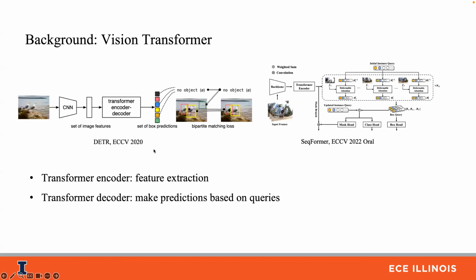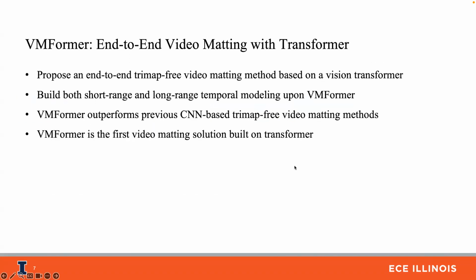For example, they proposed DETR for object detection, which uses a CNN and a transformer encoder to extract image features, and uses queries to make predictions of bounding boxes. And some works like SeqFormer applied the same architecture to the video instance segmentation task, also using a backbone and transformer encoder to extract the image features, and then using queries to make the instance related predictions. Motivated by these works, we propose VMFormer, which uses a